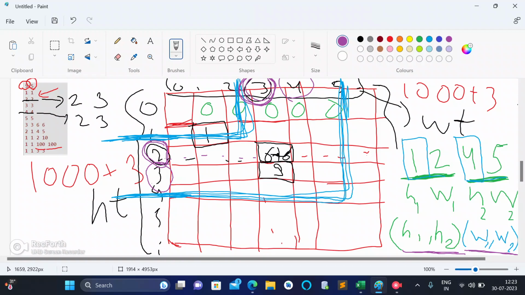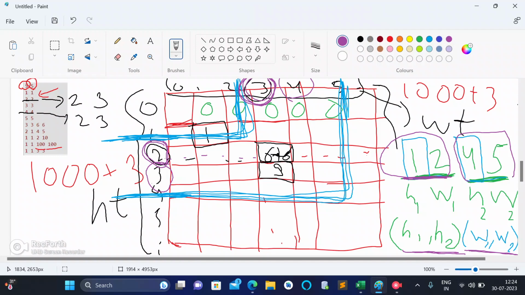So what we will do is, we can see that any coordinate that is 3 cross 4 can be our answer, because 3 cross 4 will include this 1 cross 2 query. And 3 cross 4 is enclosed within 4 cross 5, but the answer can't be 4 cross 3, the answer can't be 4 cross 4, the answer can't be 4 cross 5. Okay, so what we can see is,